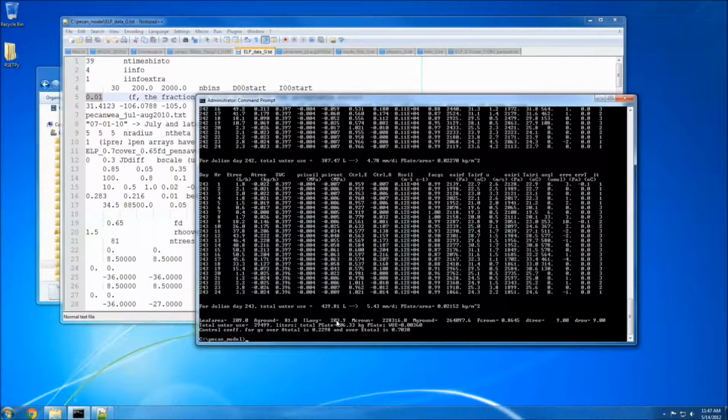This is the average light level on all leaf area over all times of the day. It's about 40% of the peak level, obviously. This is, I'm trying to remember, I haven't used these parameters in a while. Anyway, then it gives the most relevant thing for me in this study, which is what was the total water use by the central tree over all the 62 days of the simulation, almost 30,000 liters, and the total kilograms of photosynthate